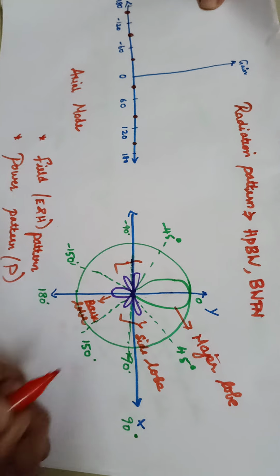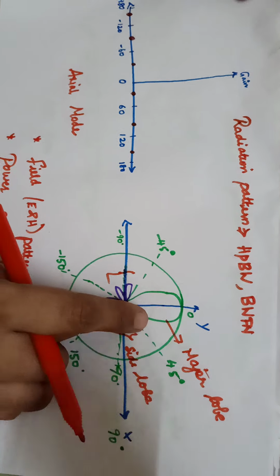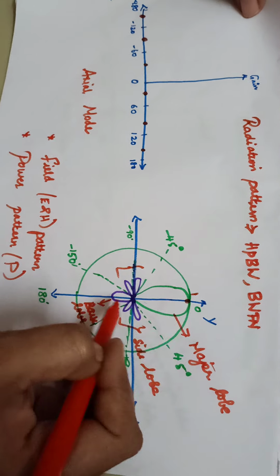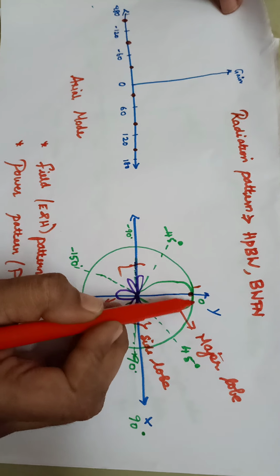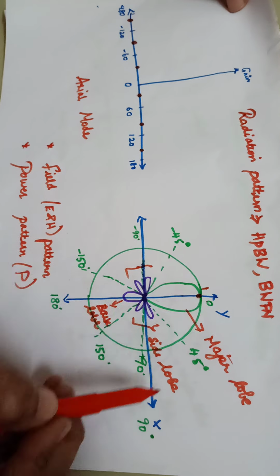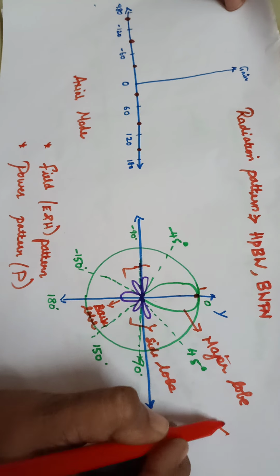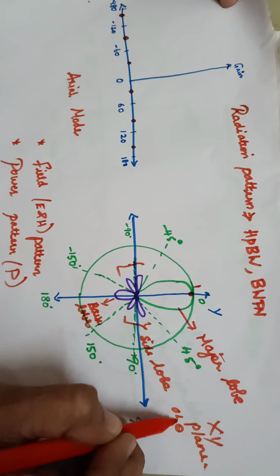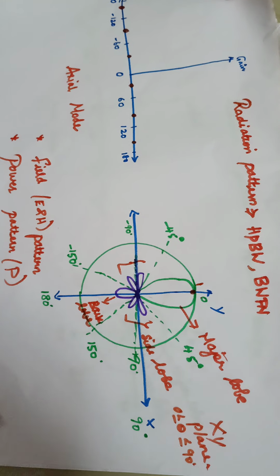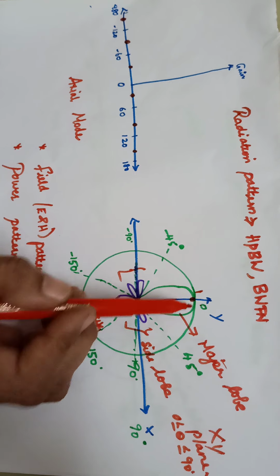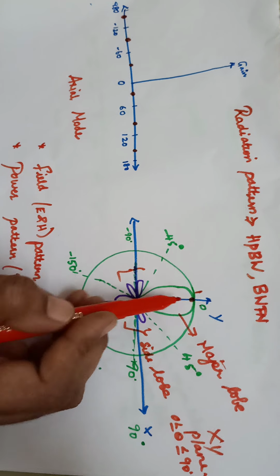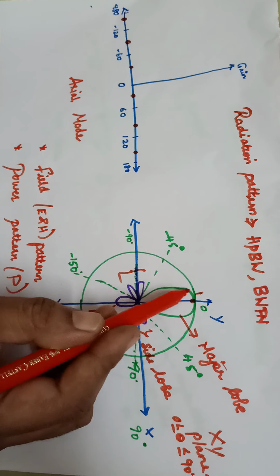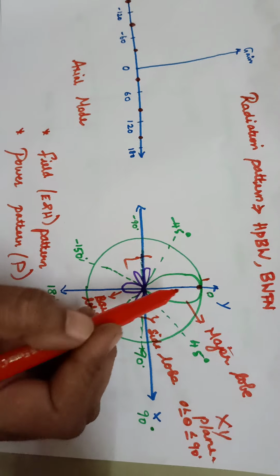All this concept I taught you in the previous class itself. Major lobe means where it has the maximum direction. So for this one, at which angle is it maximum? I've assumed here 0, 90 degree, in the xy plane, with the angle theta, 0 less than or equal to theta less than or equal to 90 degree. Here, from 0 to 90, this value is maximum, so the maximum radiation is in this direction. Only from 0 to 90 alone are we getting the maximum.